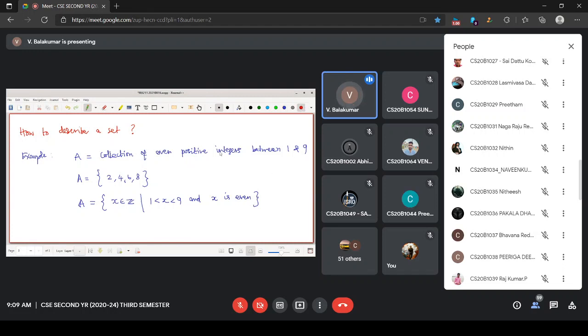This listing all the things, we call it as roster method. Listing all elements of the set. This is actually set builder form or property method. Set builder method, or we say property method.